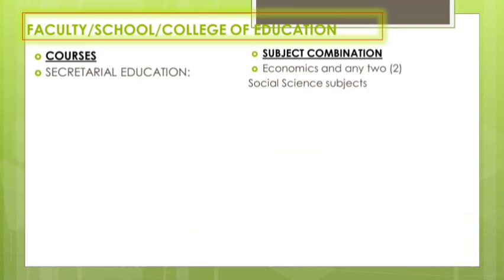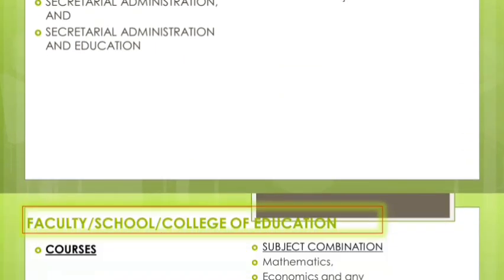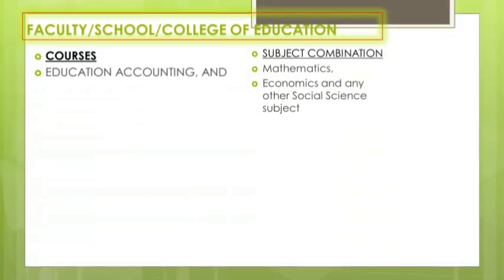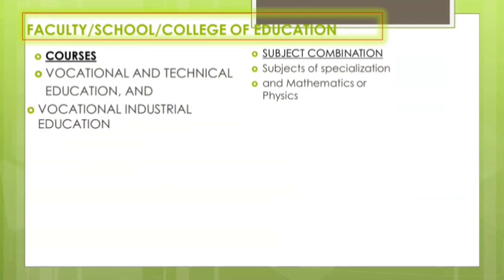Are you a candidate applying for secretarial education, secretarial administration, and secretarial administration and education? Your JAMB subject combination include economics and any two social science subjects. For candidates applying for educational accounting and entrepreneurship, you are to sit for mathematics, economics, and any other social science subject. For candidates applying for vocational and technical education and vocational industrial education, you are to select subject of specialization